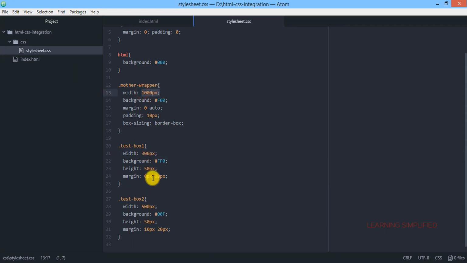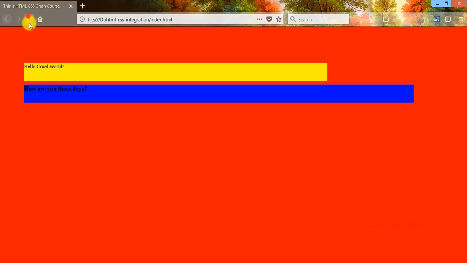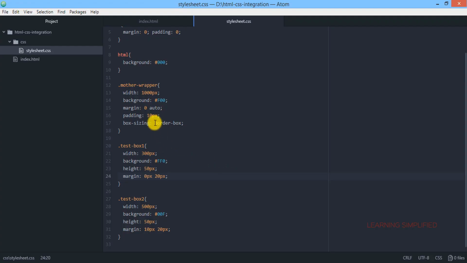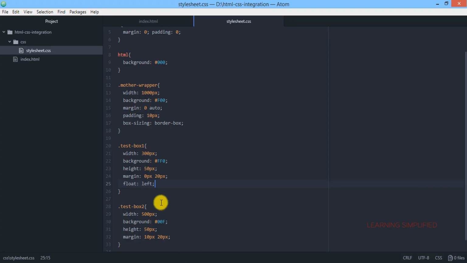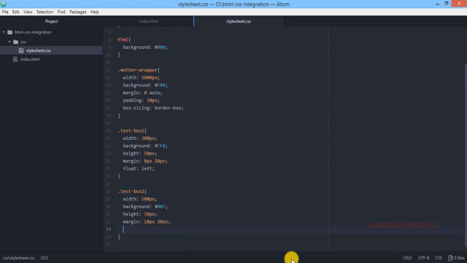Now living up to this, if we get back to our project and reload, we are going to use a float left. Now up to this, if we get back to our project and reload, we can see that this will be the outcome. On the other hand, we need to apply this same property here.